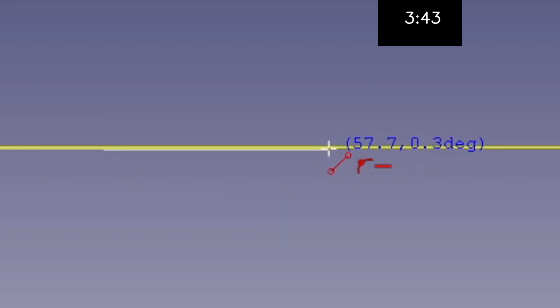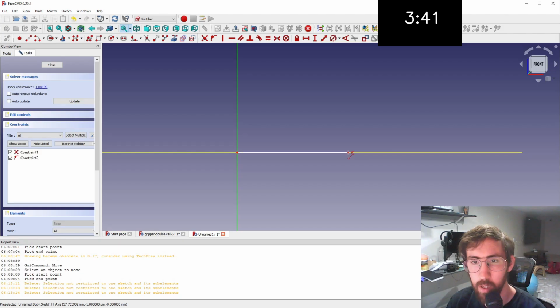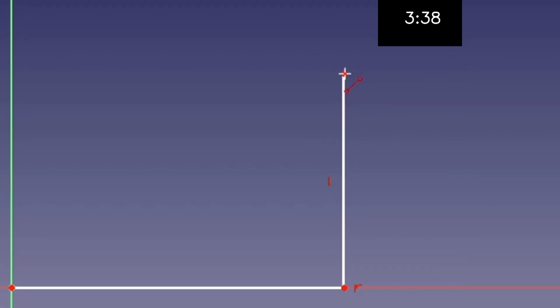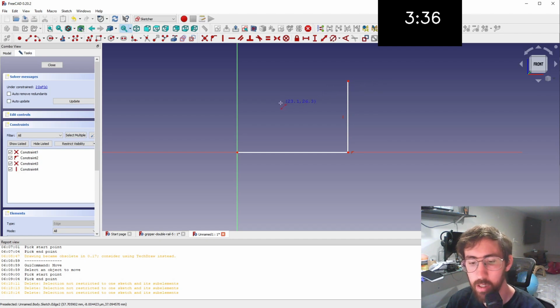You can see the horizontal bar when I'm moving the line out, and this vertical bar constrains them to be vertical and horizontal. Hitting the escape key is crucial when working in a sketch because it deactivates the tool that you've selected. You can move lines around, but notice that I've constrained this bottom line on the z-axis. This is really important because in the future you want to have reference points to be able to cut holes